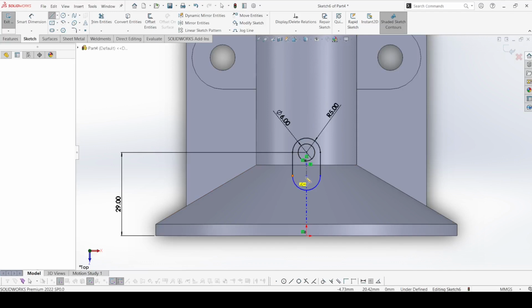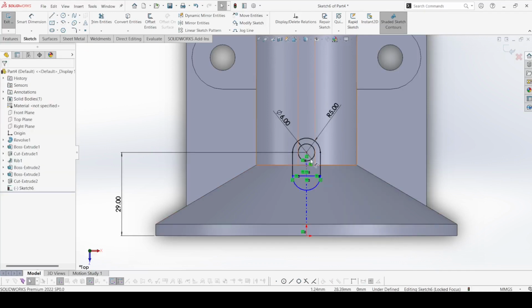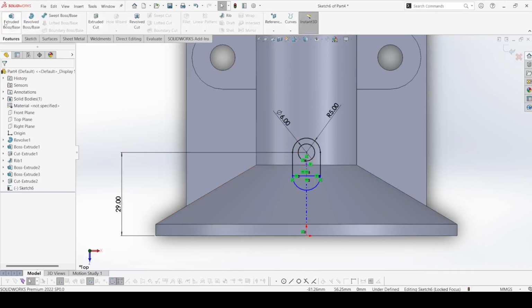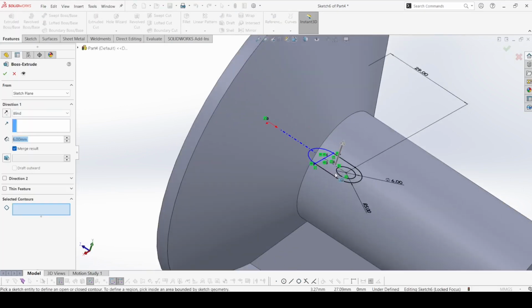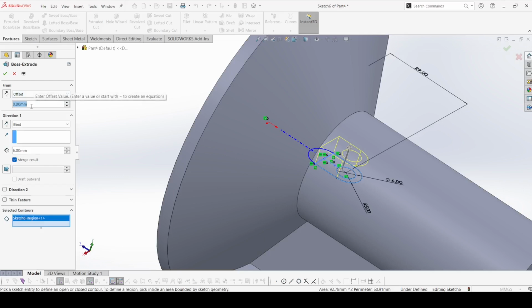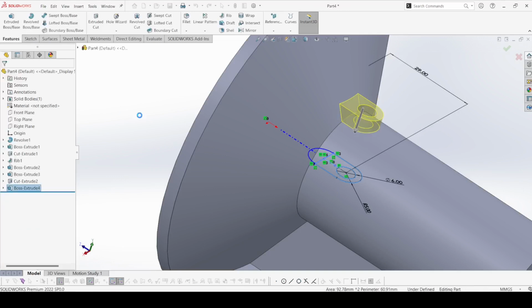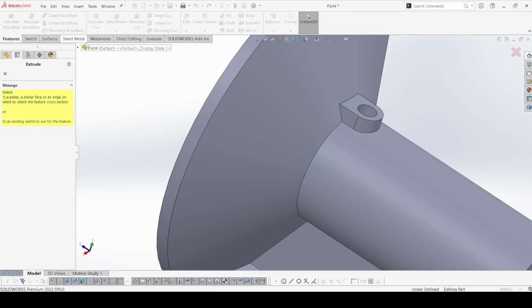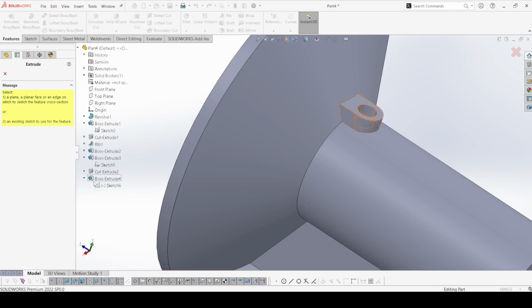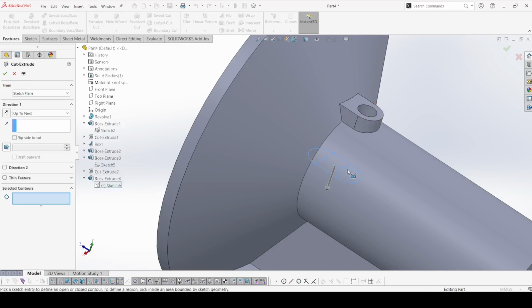Now select the line and draw one line. We don't need to apply any dimension to here. Left this as unconstrained. Now go to features and select extrude boss, select this contour and here select offset, it is 18 plus 4 and here reverse it, here select up to next, apply OK. Now select extrude cut and select the same sketch and select this circle here, reverse the direction